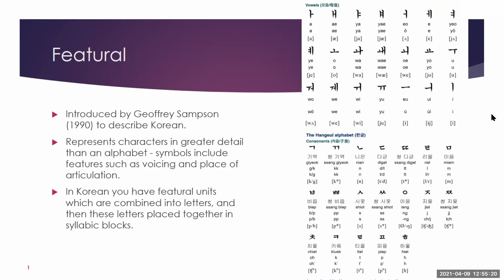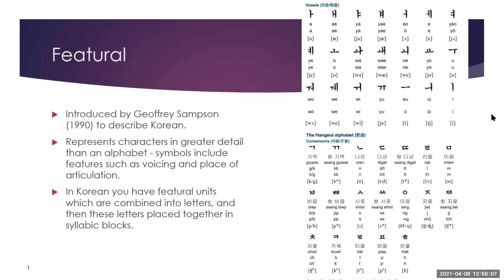And then the last one, which is also kind of debatable among people, is the featural system. The whole category of featural comes from Korean Hangul, because most people just say it is an alphabet. But in 1990, Geoffrey Sampson tried to describe it in a different way. It represents characters in greater detail than a regular alphabet, and the symbols include features such as voicing and place of articulation. And so in Korean, you have featural units which are combined into letters, and then the letters are placed